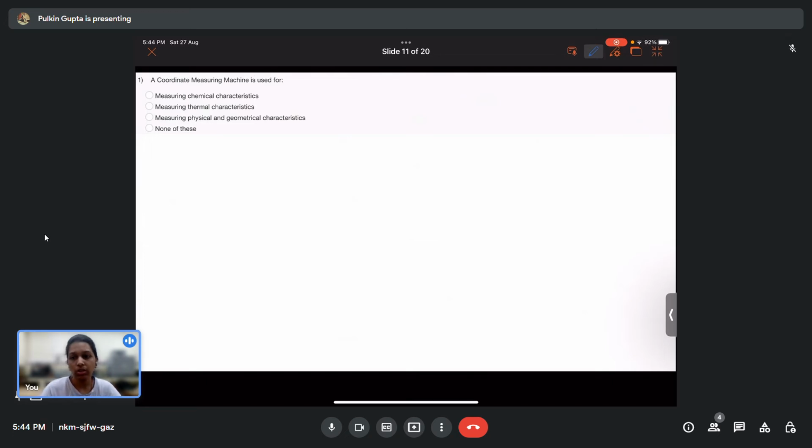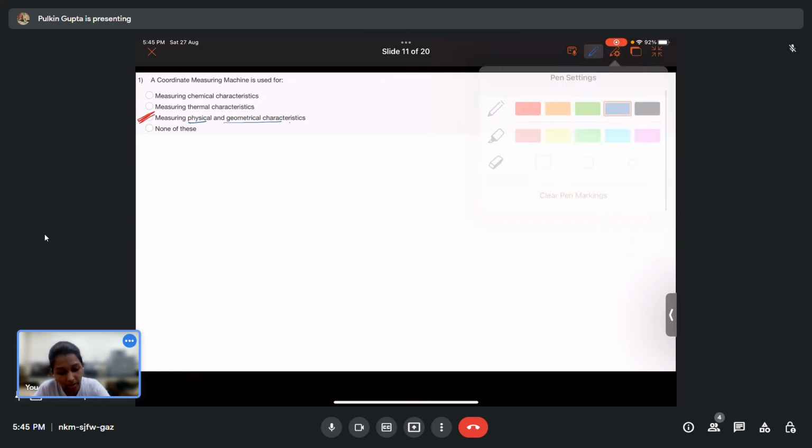So the first question is: a coordinate measuring machine is used for measuring chemical characteristics, thermal characteristics, physical and geometrical characteristics, or none of these. We have been discussing this in detail so far. So this is used for measuring physical and geometrical characteristics, which includes dimensions along the three axes,